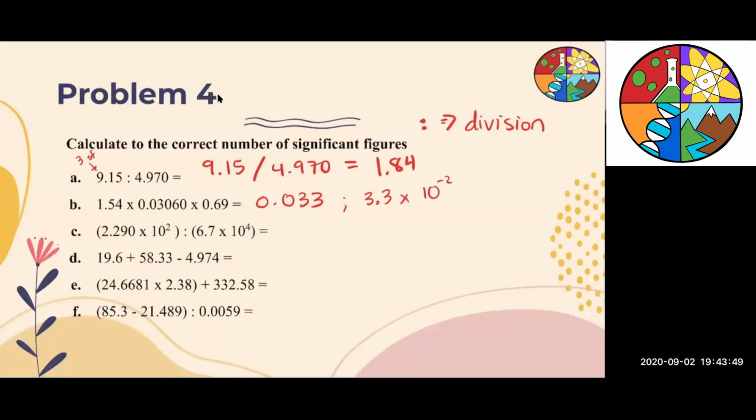So for C, can someone tell me what they got? I got 0.0034. Yes, that's correct. Scientific notation is 3.4 times 10 to the negative 3rd power. Yes, that's correct. Okay. For D,